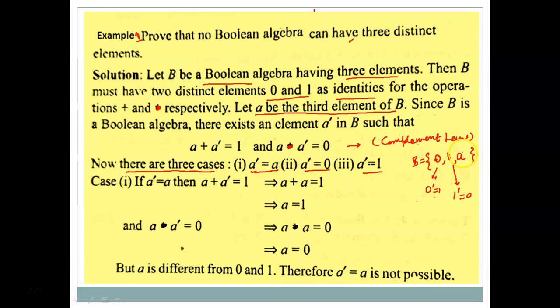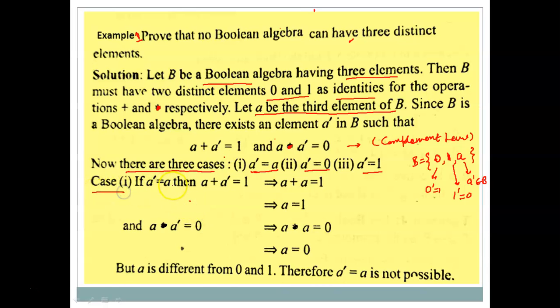Now we have considered the third distinct element A, and if we talk about the complement of A and it belongs to B, then definitely this A complement will be either equal to 1 or equal to 0 or equal to A. So these are the three situations here,